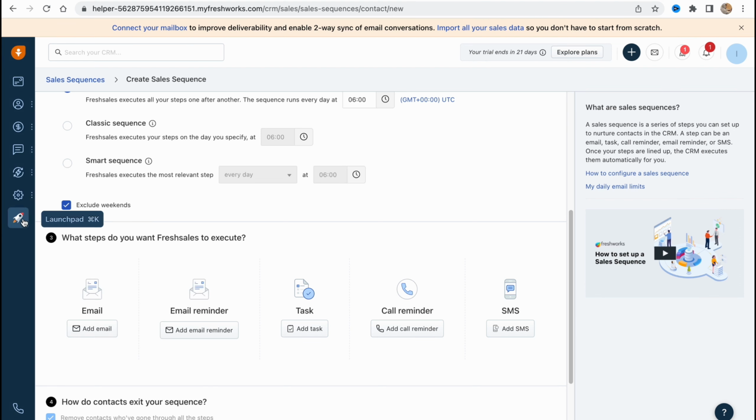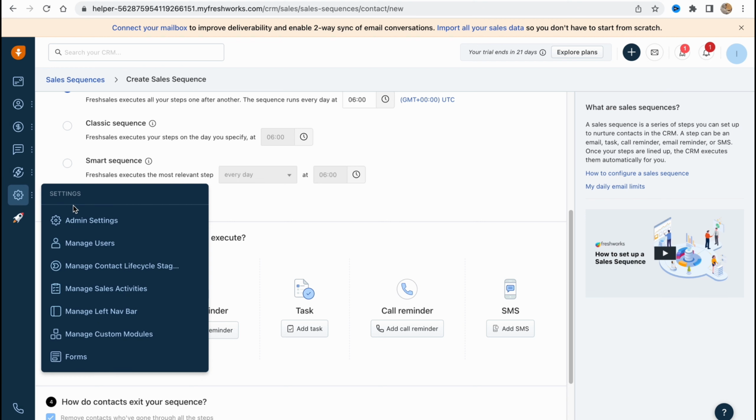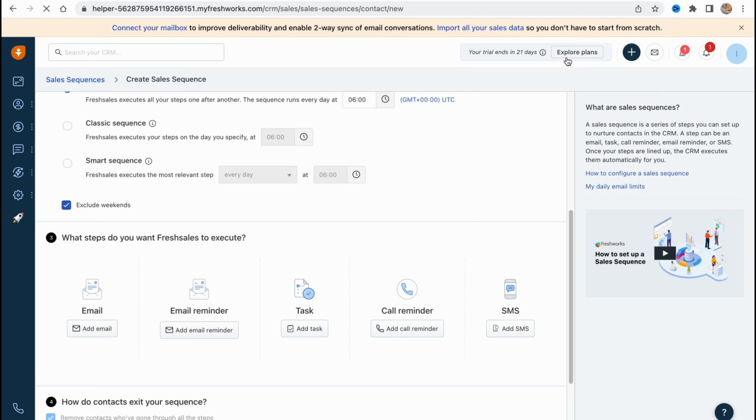And also the last one is about settings. So we have admin settings, manage users, we can manage contact lifecycle, manage sales activity, manage left nav bar, and so on. Basically, there are a lot of options to manage something. If we speak about plans, we can see that they have a free trial of everything, but the service is about